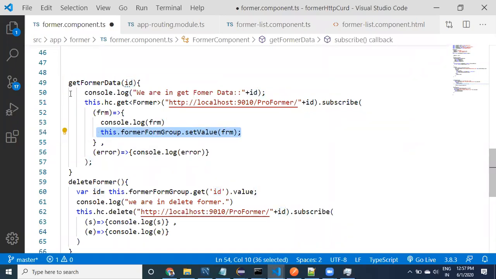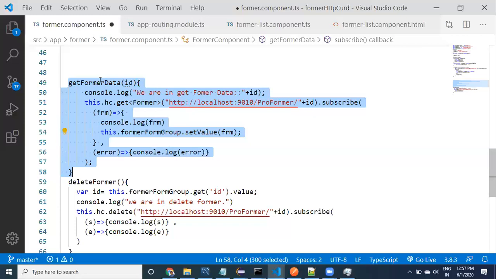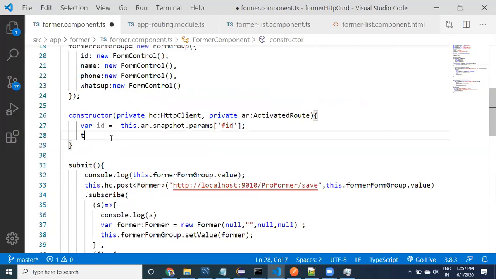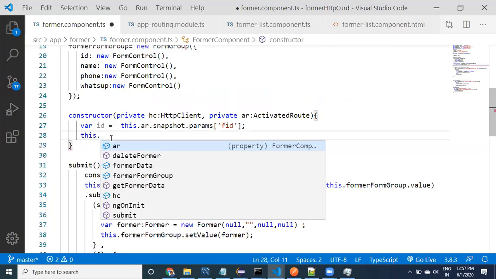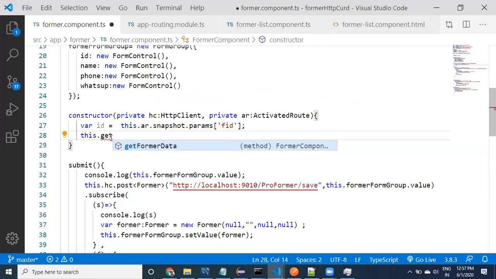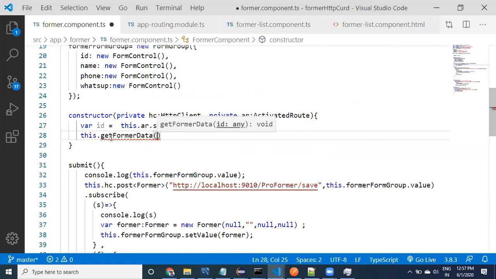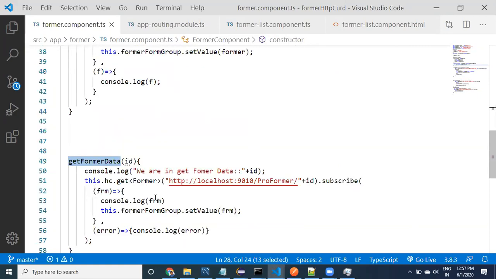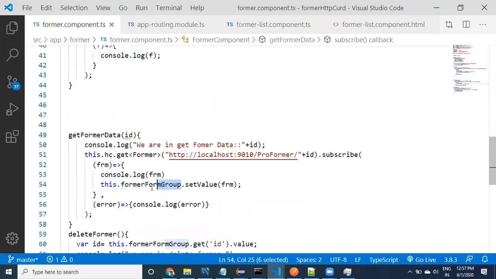So that part is already available. Take this dot, get form data, providing the id value, so that it will retrieve the data, and after retrieving it will assign the data to our form group.